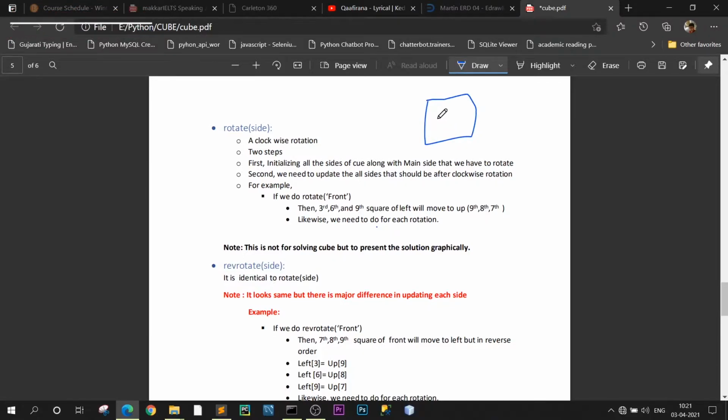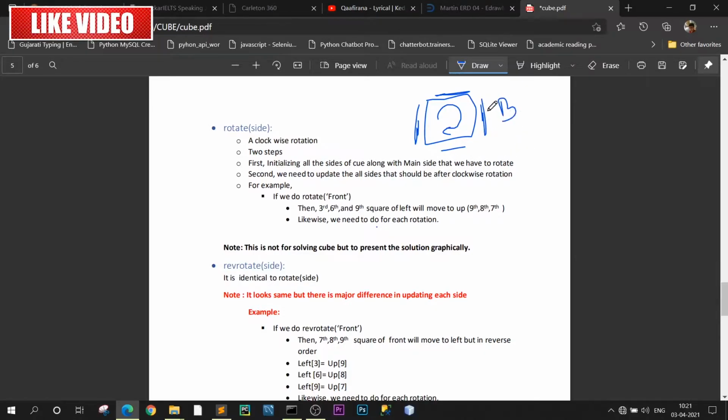For example, if this is our front side and we have to move it in a clockwise direction, then the squares from the left side will move to the up side, and that way we have to update all the sides. But remember that the back side will remain untouched because it will not move in the rotation of the front side.